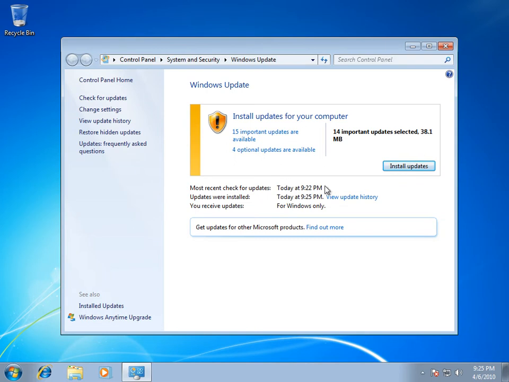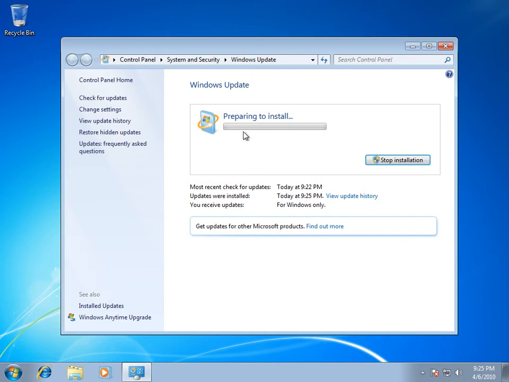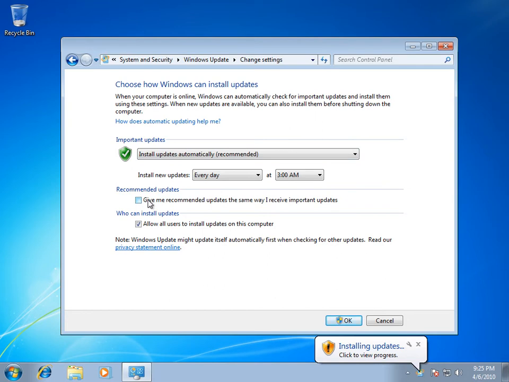Once it does that, it might take some time. You'll see this screen here. If you want to install them, you can just click Install, and they will actually install at that point. If it comes up asking for an agreement, scroll down, read it, and click I accept, and go ahead and install. Other settings I would choose to disable for speed reasons usually is give me recommended updates the same way